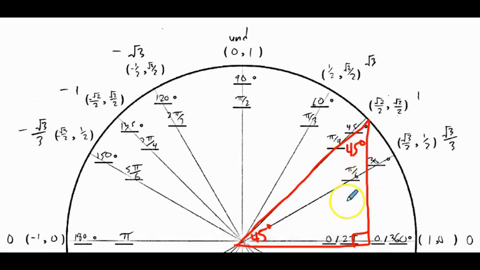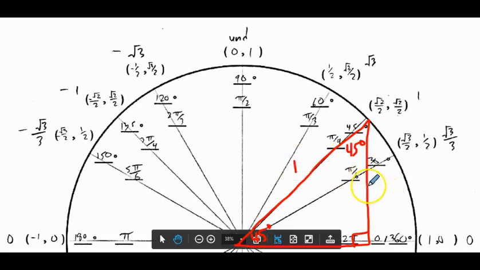The sides for the 45, 45, 90, we have 1 for the hypotenuse, and root 2 over 2 is the rule for both of the legs. And in this case, since I'm in the first quadrant, both of those numbers will be positive. It's going right, so positive x, and up, so positive y. Now the rule for tangent of this angle, since I'm doing tangent of 45,